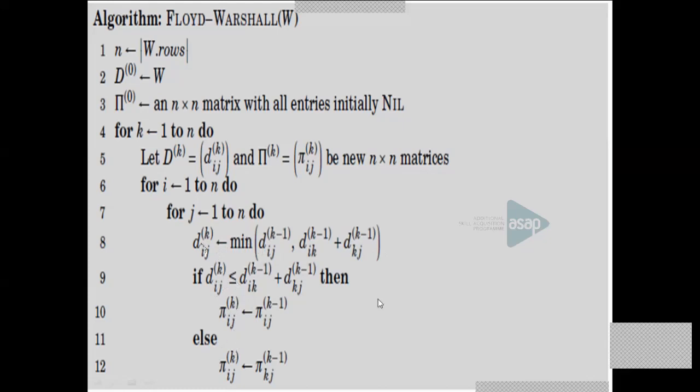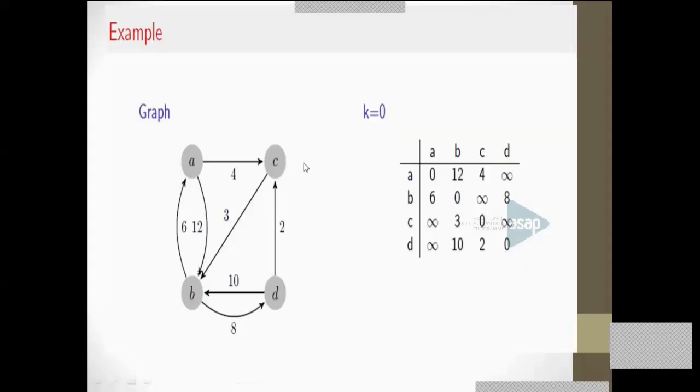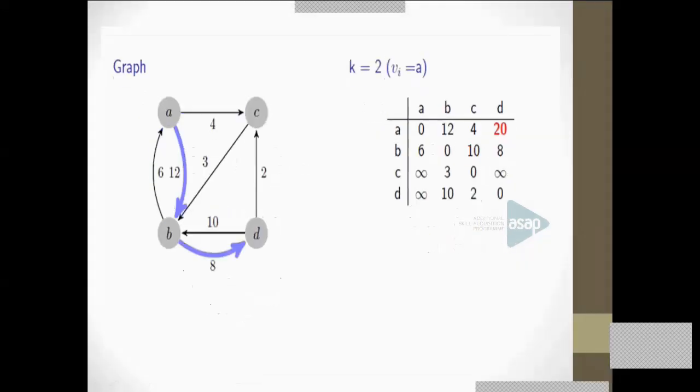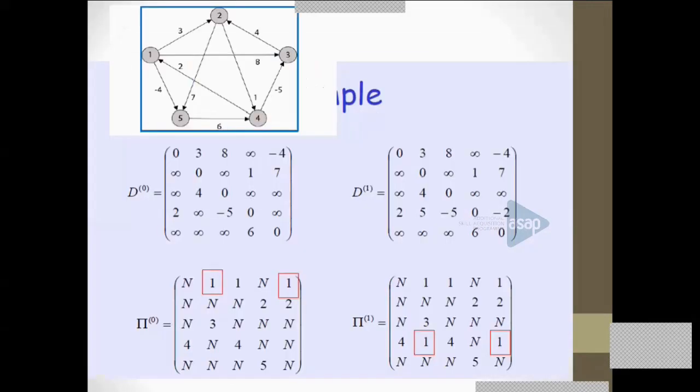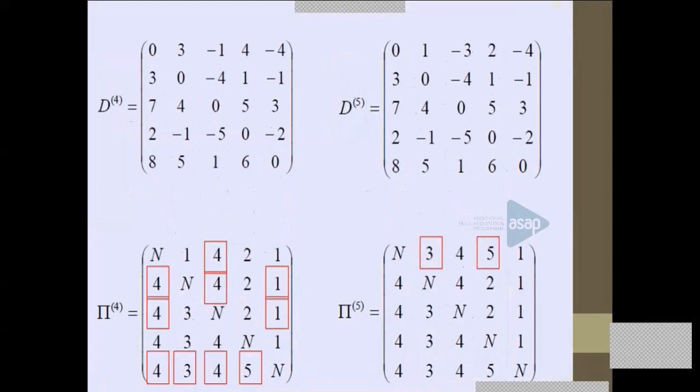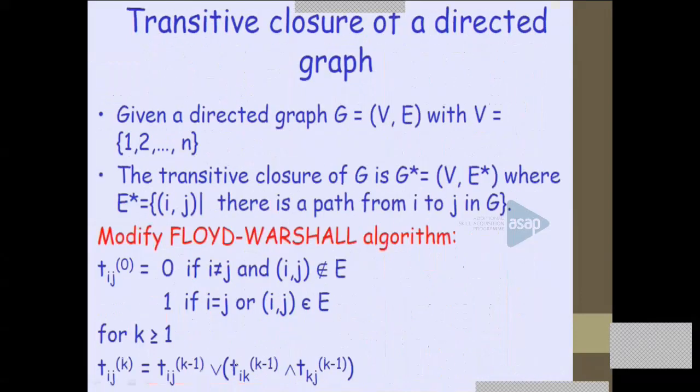And this is especially for the predecessor matrix, how you are storing the predecessor matrix. This is the heart of the statement. This is the recursive definition actually. Okay, I hope that is clear. And the second example given, that is also solved in the PPT. You can see that everything has been shown in red mark, whichever one is going there. Here also you can see the predecessor is also there.